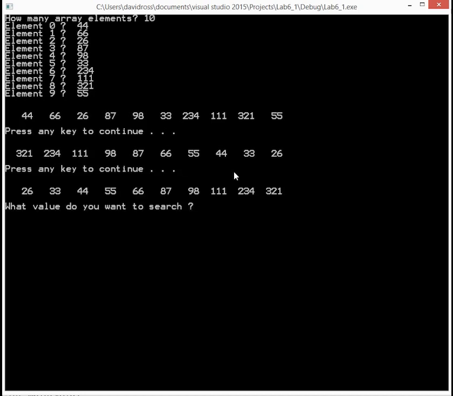This time I'm going to pick a number that's not in here. So I'm going to pick 46. If I type in 46, it's going to tell me value does not exist. So only if the value exists in there will it tell me this is the value and this is its index. And again, what we can do is highlight all this by